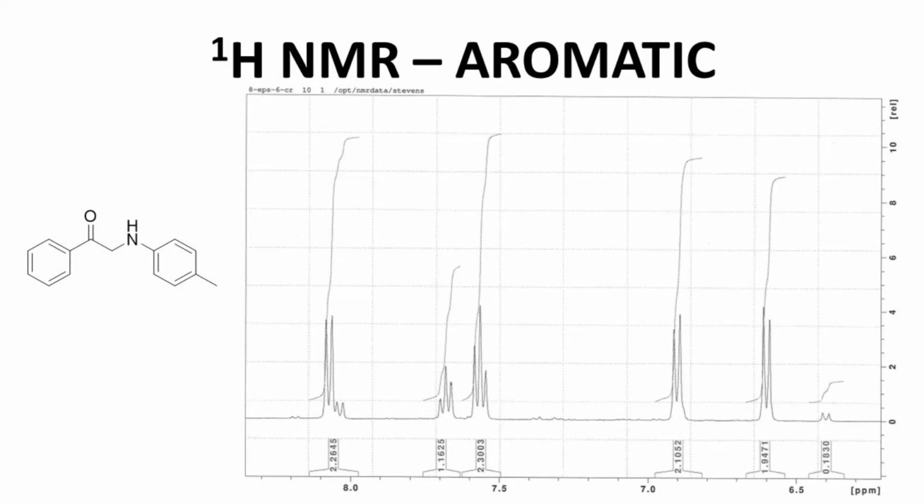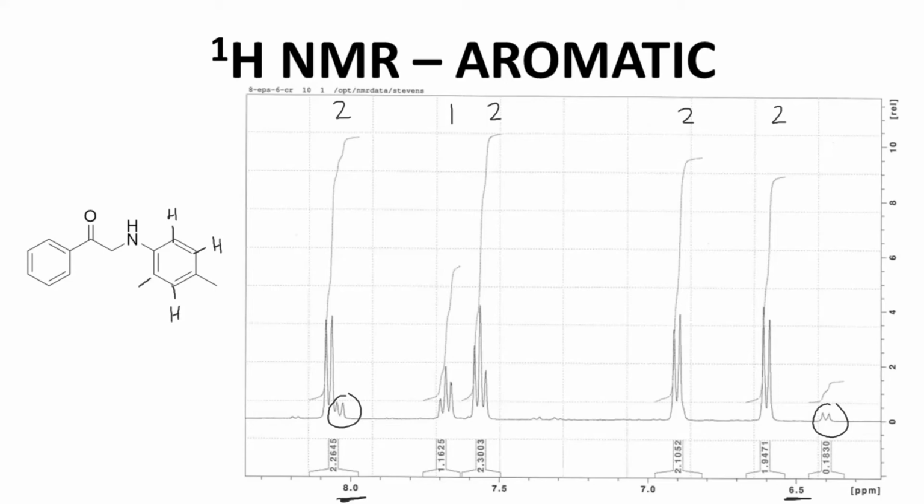Here is the most downfield part of our NMR spectrum. So we're in the 8 to close to 7 ppm range. And our product has a lot of hydrogens that are off a benzene ring, so there's no surprise that we see a lot of peaks in here. Now notice these integrations are roughly correct. This is roughly 2, and here's roughly 2, and 2, and 1, and 2. So these look pretty good. We do see these impurities in here, these troubling impurities, but we're going to focus on the main peaks in here. So this aniline ring